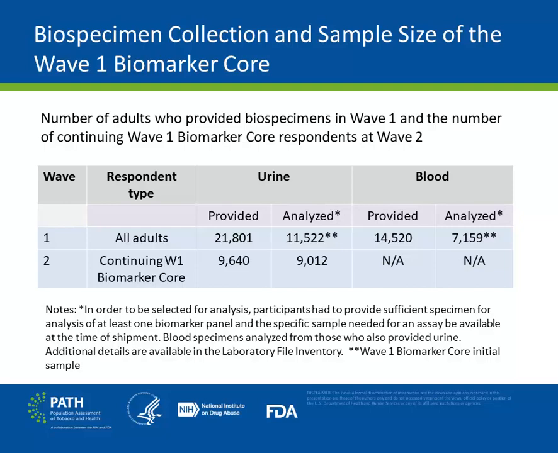All urine and blood specimens provided by these sampled adults were sent for laboratory analysis. These sampled adults constitute the Wave 1 biomarker core. They are asked for urine specimens in each follow-up wave after completion of the interview for that wave. As seen in Wave 2, continuing Wave 1 biomarker core row, 9,012 provided urine specimens that were able to be